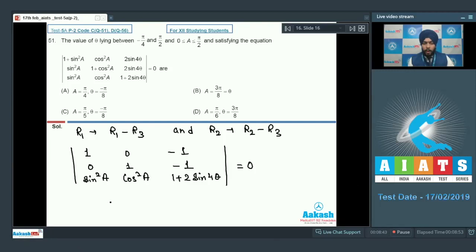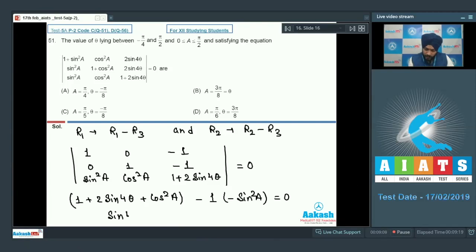So let us expand it along row 1. I'll have 1 plus 2 sine 4 theta plus cos square A minus 1 minus sine square A. So cos square A plus sine square A is 1, 1 plus 1 is 2, 2 sine 4 theta plus 2 equals 0, which gives you sine 4 theta equals minus 1. Students, from here we have 4 theta, let us say it can be 3 pi by 2 also,